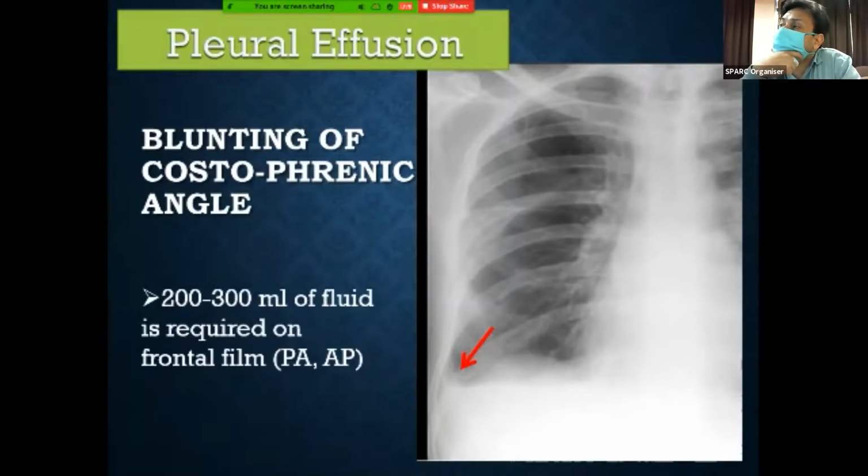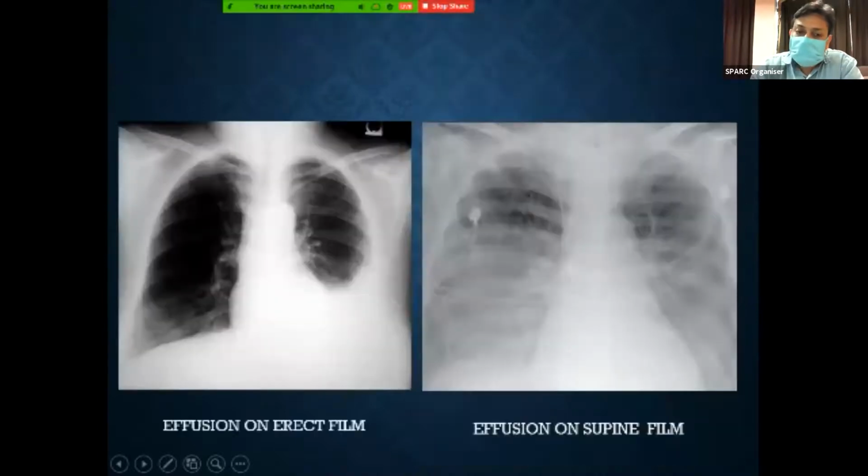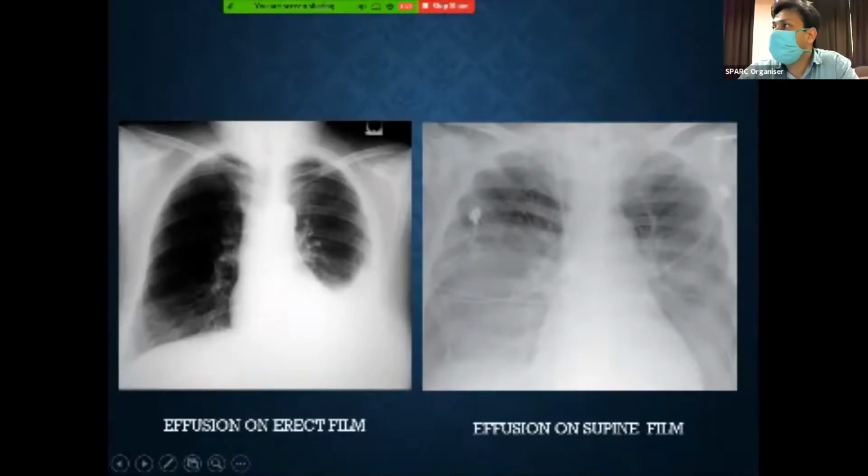But to detect pleural effusion on a chest X-ray, at least 200 ml of fluid is required on a PA or erect film. Only then will it produce blunting of the CP angle. So the acuteness of the CP angle is lost here. However, as the fluid increases in amount, it produces opacity. Like in this case, we have increased density over the left lower zone, and the margin of the fluid, as it merges with the lateral chest wall, forms a meniscus or a rounded shape rather than a totally horizontal shape. So this is the appearance of pleural effusion on an erect film.